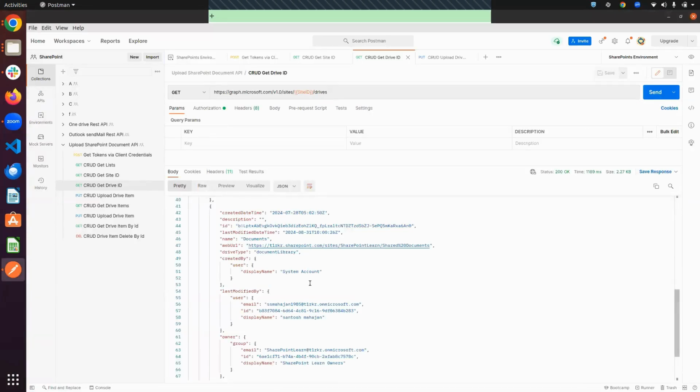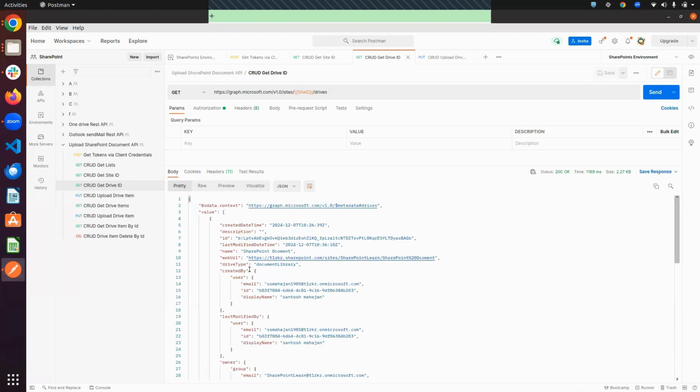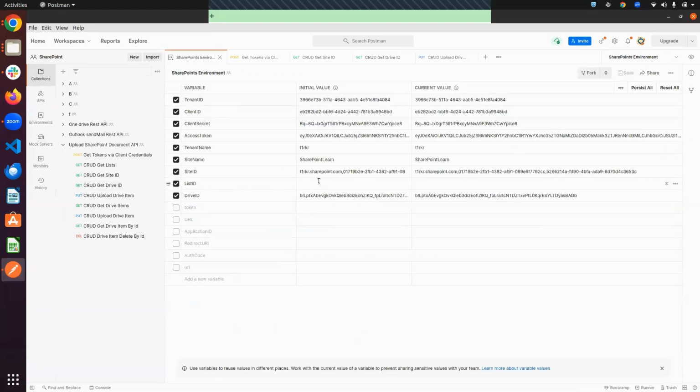So based on what we need, you can use a document library and upload a document to that particular library. Suppose, friend, I'm using this document library ID and I want to upload my document in this library. So copy this and paste it into my environment as the SharePoint drive ID.